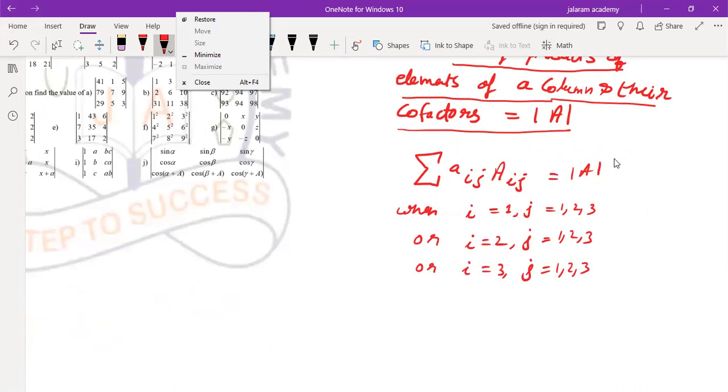It means what? It means A11 into A11 plus A12 into A12 plus A13 into A13 from the first row, and so